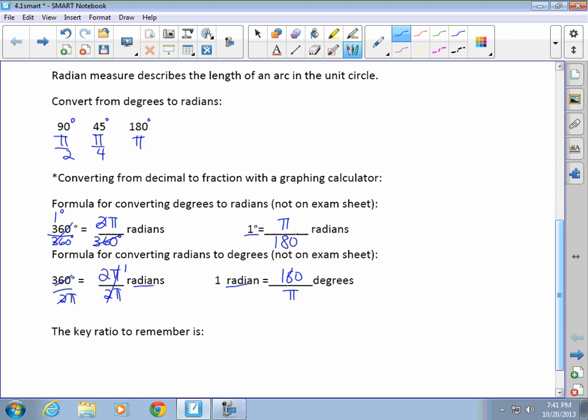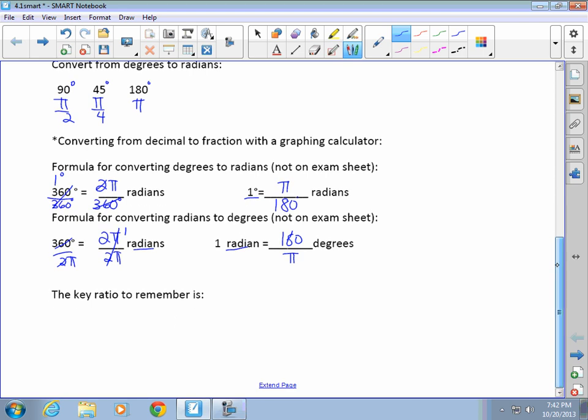1 degree is the equivalent of pi over 180. Those two are not going to be on your exam sheets. You're going to be given a set of questions on your exam for this chapter where you won't have the formula sheet with you and you won't be able to use your notes, and you'll have to do the conversions from degrees to radians and also radians to degrees, and you have to remember these ratios. So the trick to deciding whether you're supposed to use pi over 180 or 180 over pi